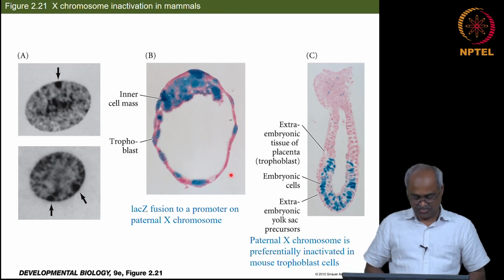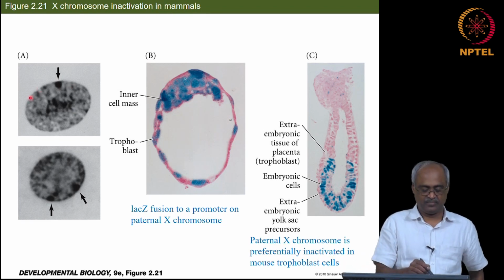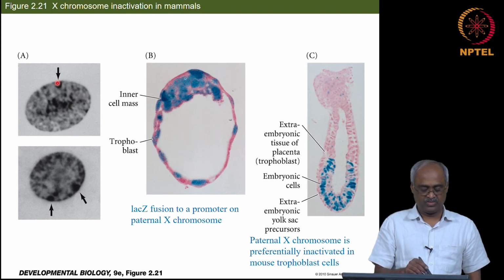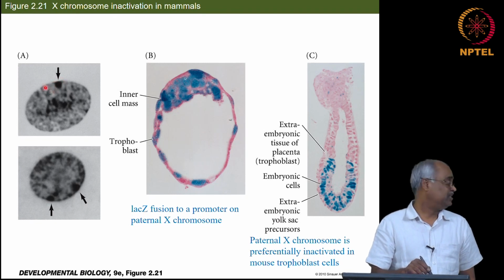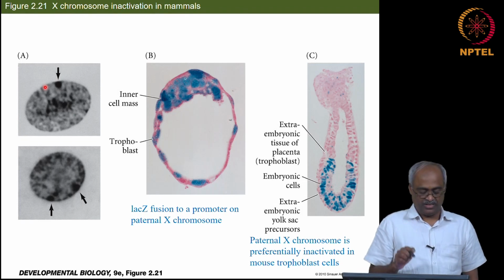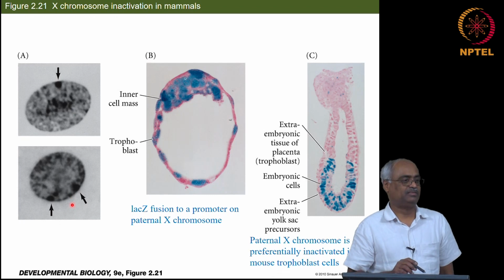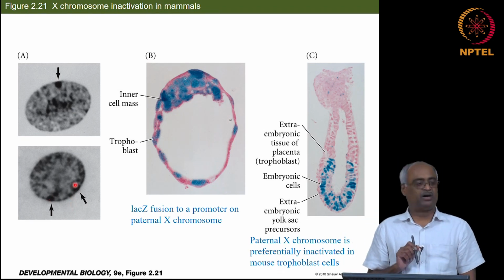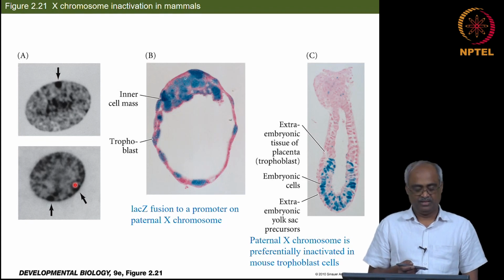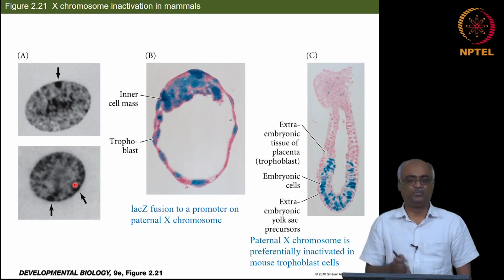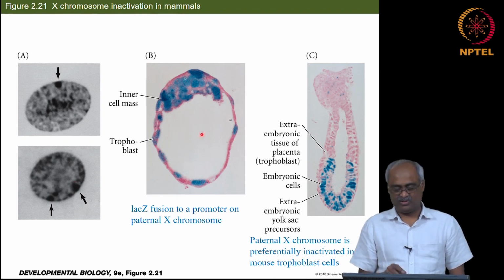And that is what you are seeing in this cell. It is a human derived cell where this arrow points to a large black region, and that is the condensed inactive X chromosome. And this is from a person with 3 X chromosomes, and therefore you see 2 black things, these are called bar bodies. So that is how the inactivation works. What is the big deal for me now? The big deal is if you look at B and C,